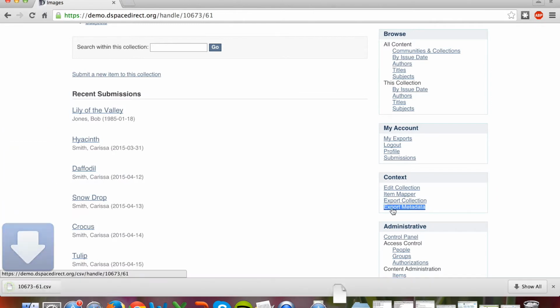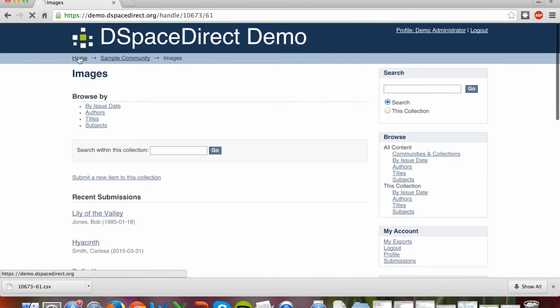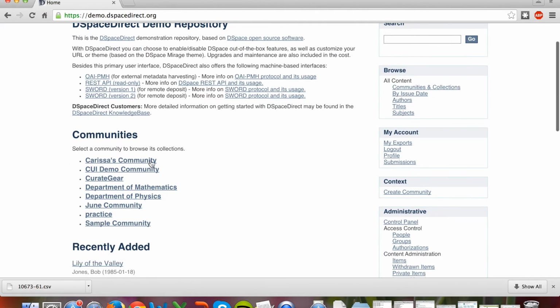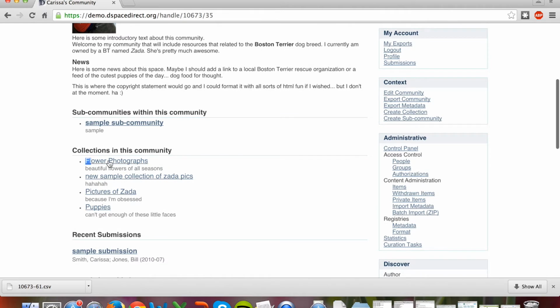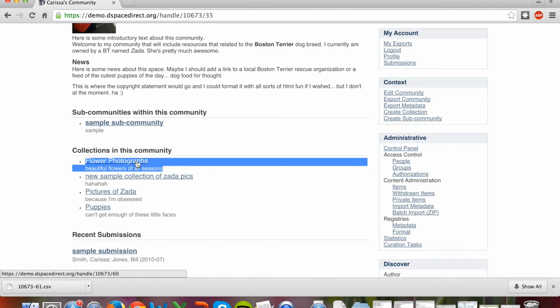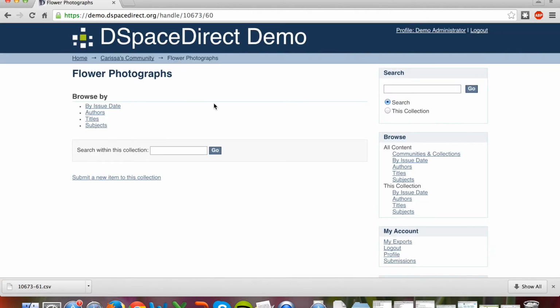I'm then going to click on Export Metadata in the context box and download a CSV of the metadata for those items. I'm then going to navigate to the community and the collection to where I'd like to move this content. In this case, it's a collection called Flower Photographs. I'm going to note the ID for this collection,